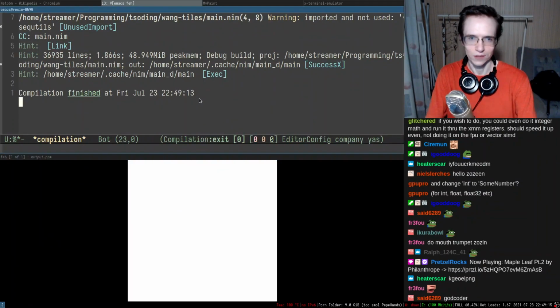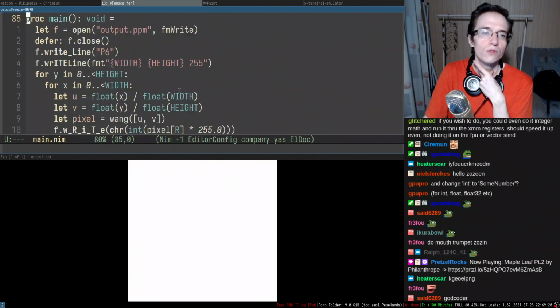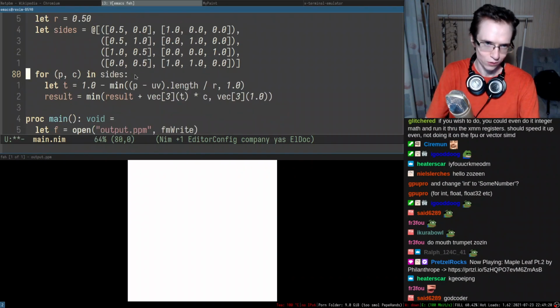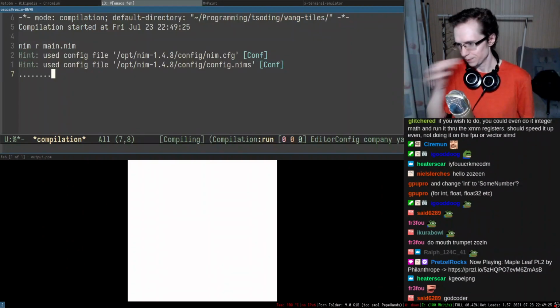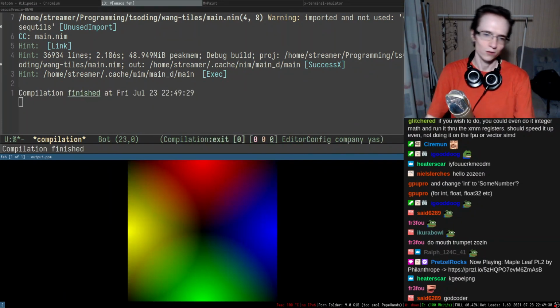Okay, and that didn't work. Because they all overflew. Oh, I know why, because we set the color to be white, so if I remove this thing, it should work now. Alright, so that's a little bit better.